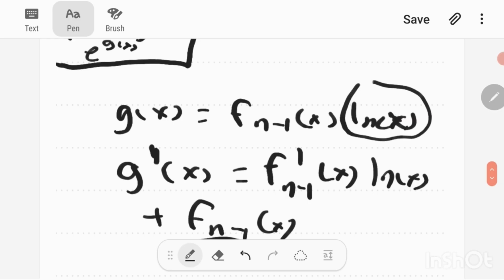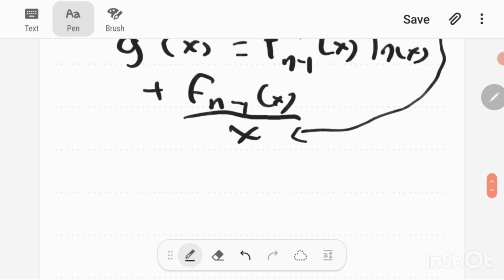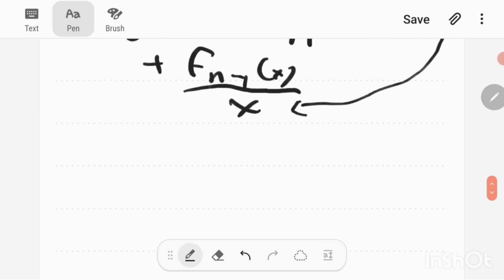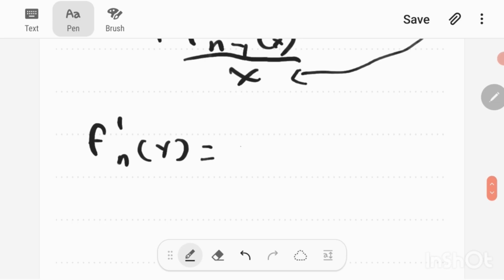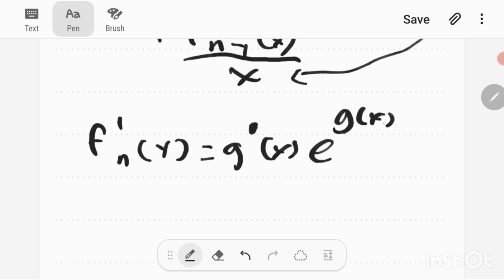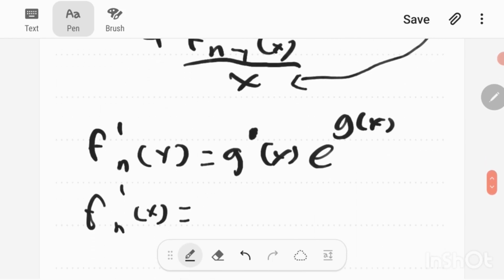And now we can merge this. By the way, I want to express that the natural log of x is what gives us the fraction by its derivative. Now putting it all together, we know f prime of x is equal to g prime times e to the power g of x. We can write it as g prime of x times e to the power g of x. Now we can substitute what we have found so far. We've found so far that the derivative of x tetrated to n can be written as,